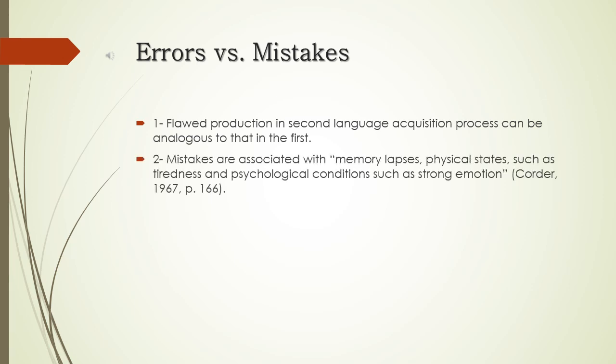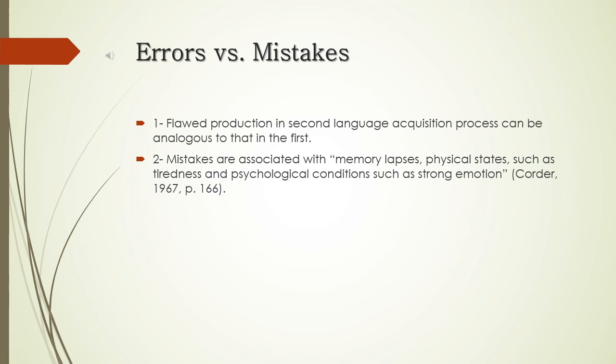Flawed production, for want of a better term, can be consequential to a variety of factors, one being a lack of knowledge about the rules governing the target structure, and another being a multitude of extra-linguistic factors such as stress and fatigue. Linguists, particularly Corder in his seminal work in 1967 and subsequent works in 1971 and 74, offer an insightful categorization of flawed production on the basis of pattern recognition abilities, systematicity, frequency of occurrence, and total feedback. In view of that, some flawed productions are the outcome of a lack in pattern recognition abilities, that is, critical hindrance at the competence level.